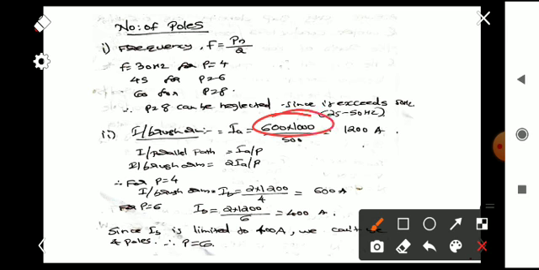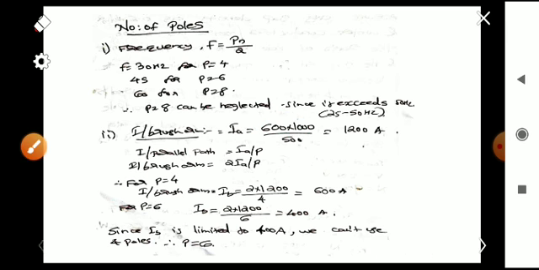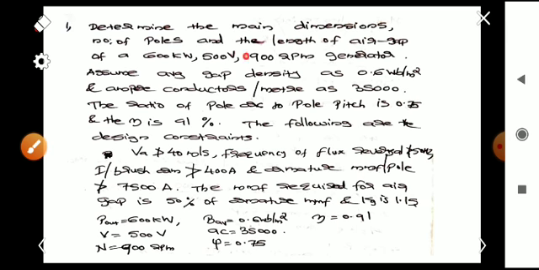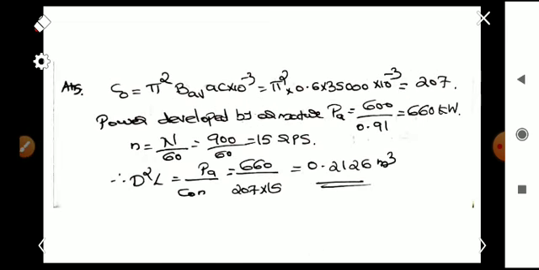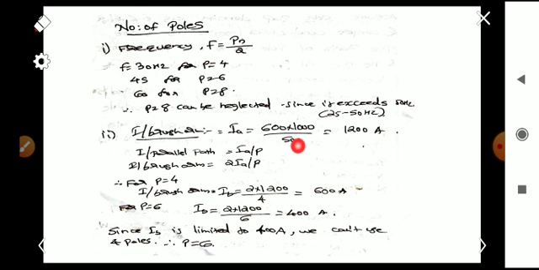Okay, divided by V. V is given as 500 volt, 600 kW. So 600 kW by 500, so we will get IA as 1200 ampere, and